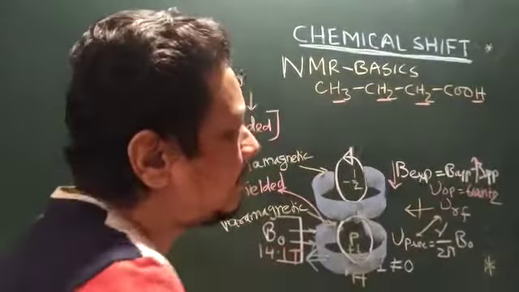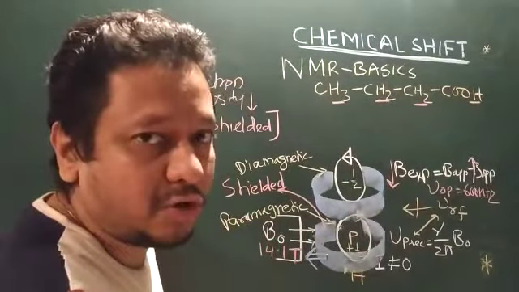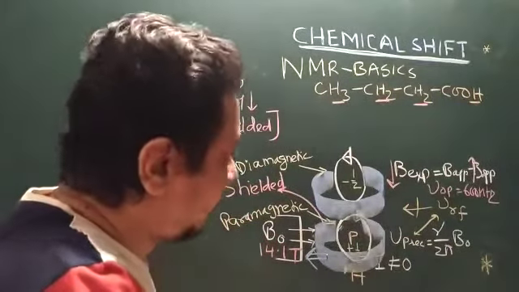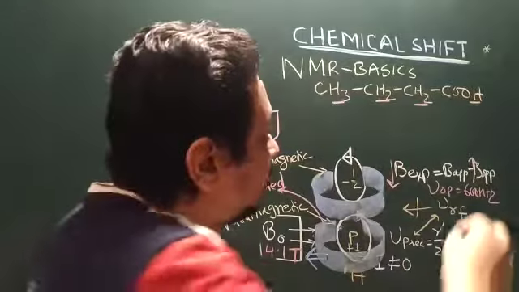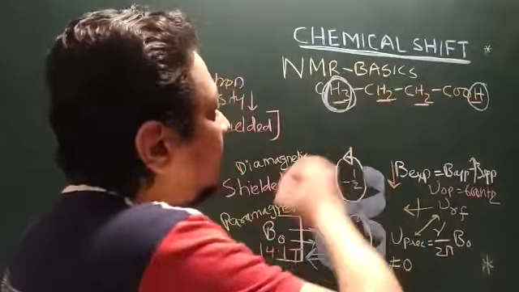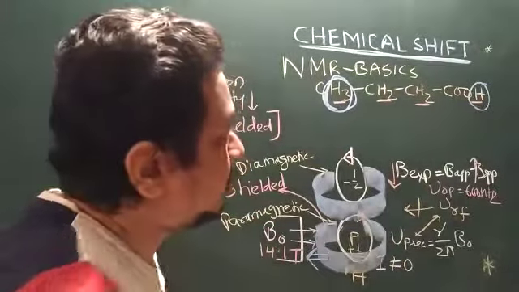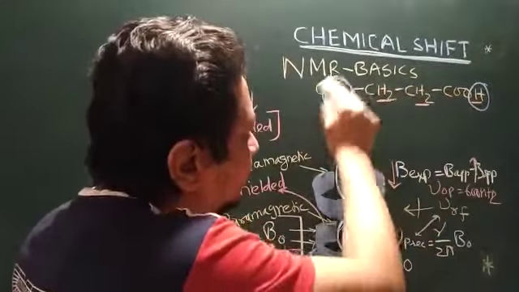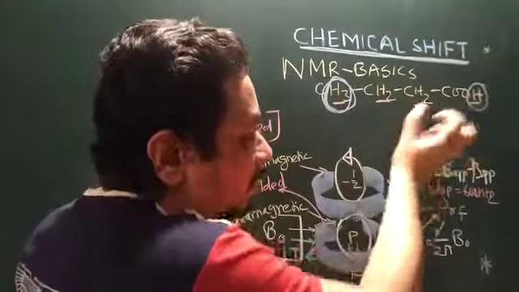So that's how, if you see in these 4 types of protons, this hydrogen is adjacent to an electronegative atom or electron withdrawing atom, which pulls the electron cloud. Now I am going to show you the electron cloud over here. This electron cloud I have shown more dense and this lighter, because these 2 oxygens are pulling